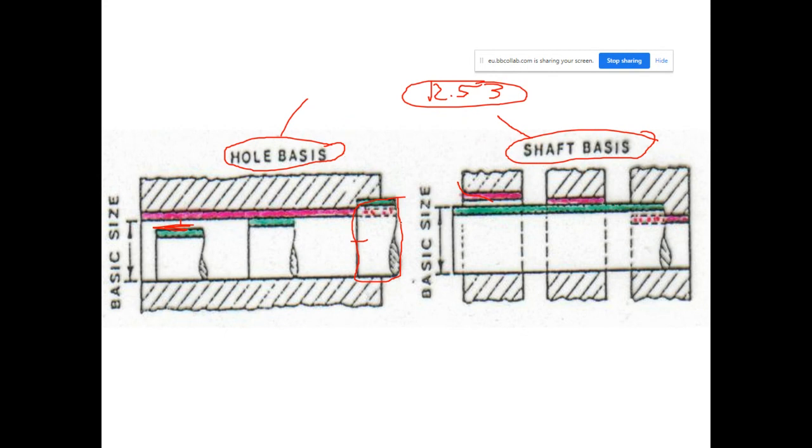But in hole basis, since using a turning machine or milling machine or crank shaper, we can set the size of the masculine feature much more easily. There is no need to use a drill cutter, a hole drill cutter, of course. Then we can more precisely decrease the size of the masculine feature and achieve the mating in direct order. So hole basis, unless otherwise mentioned, is the recommended technique.